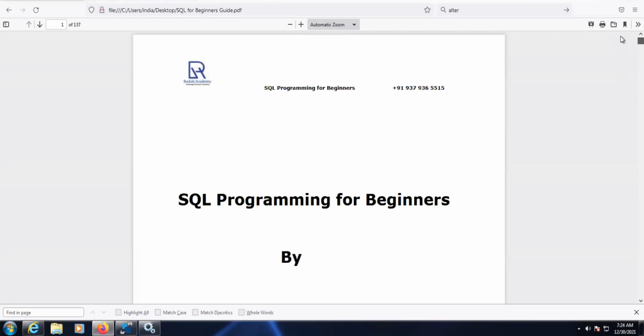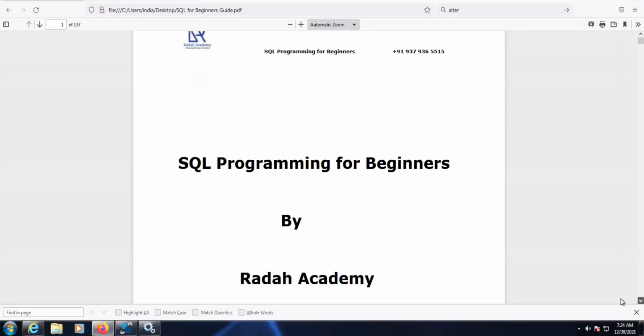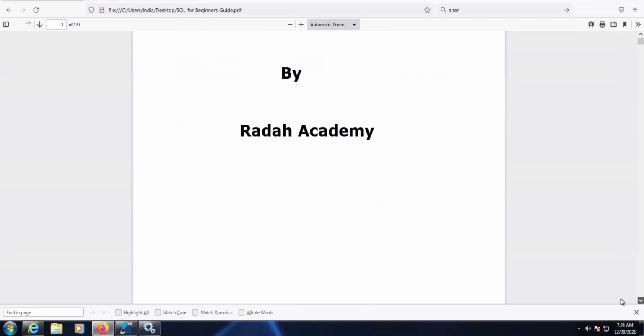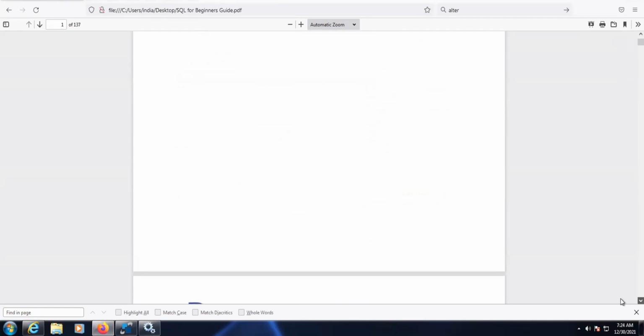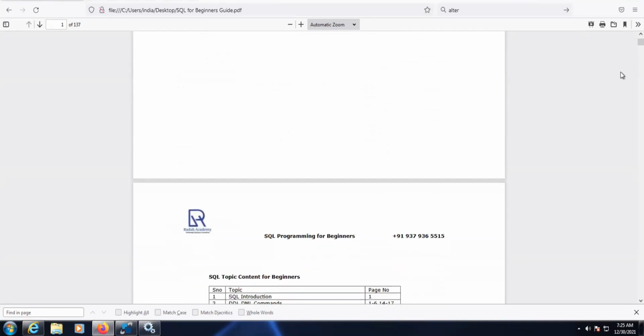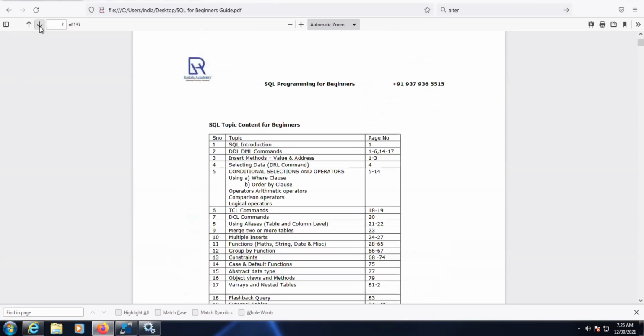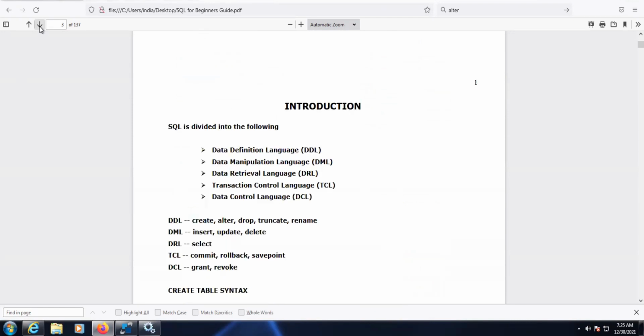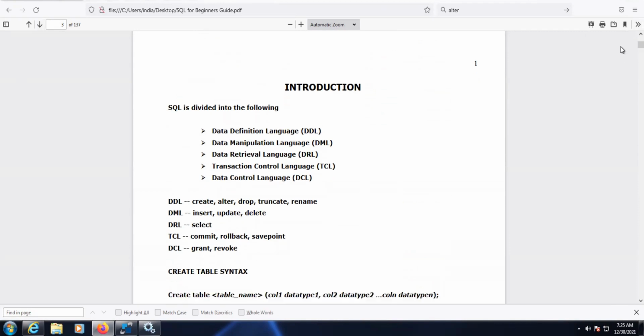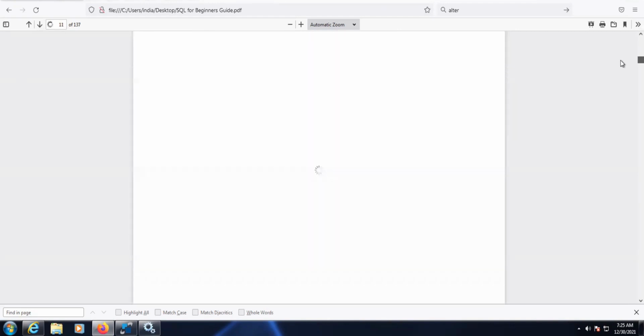Okay, so now let's see what all is pending in DML commands. DML commands are completed, and DDL, sorry. Let's come down. Okay, so here alter, drop. Truncate, we need to discuss truncate and rename. Truncate is used to delete the data permanently in a database.